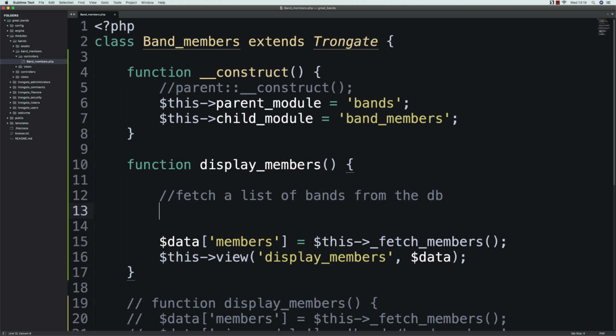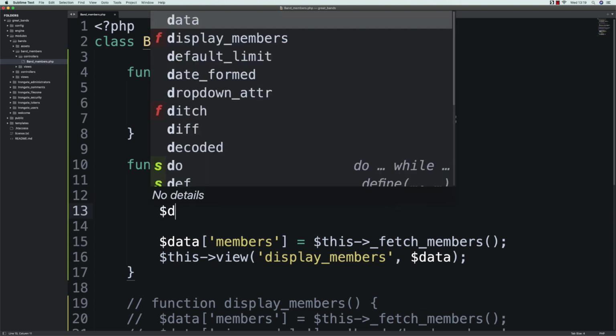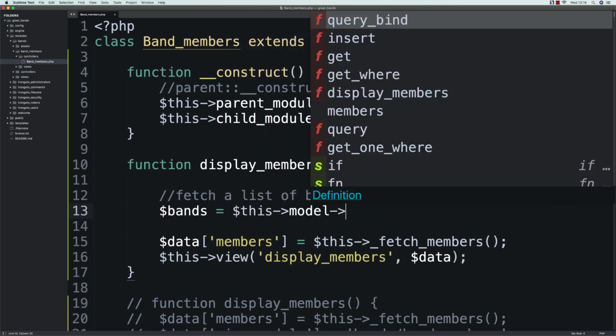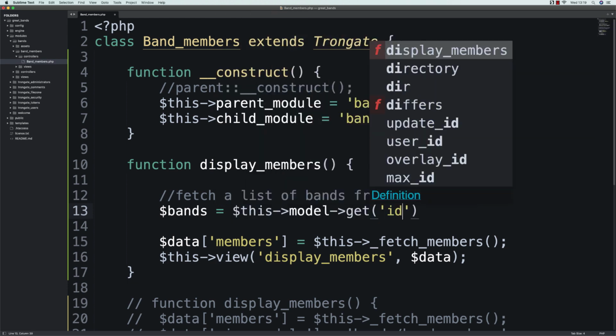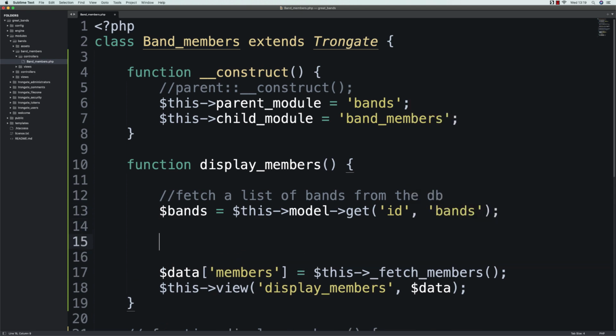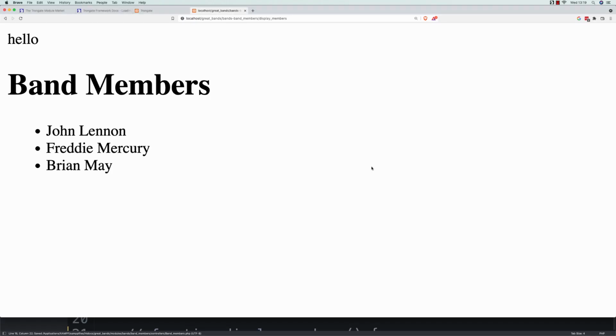I'll just say bands equals this, I'm going to call upon the model. I'm going to say get order by ID, and it's the bands table. Now if I say JSON bands, you may expect a nice little summary of the bands that we've got. But if we save and refresh,